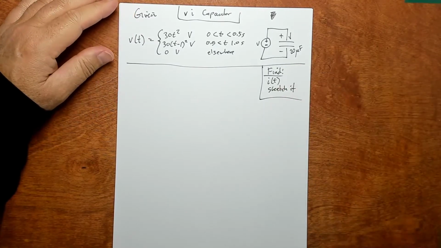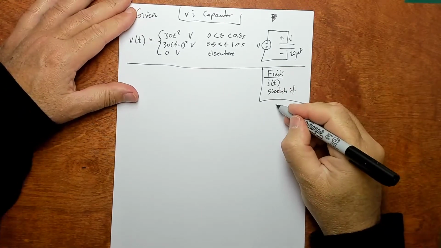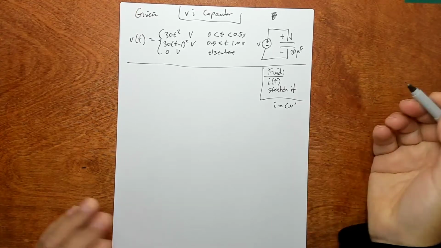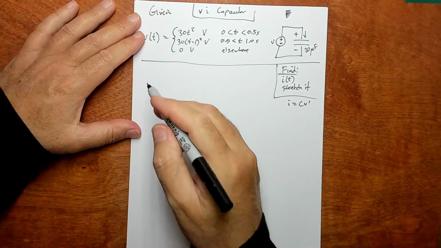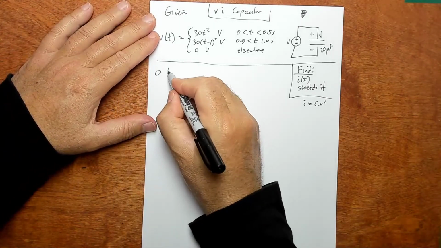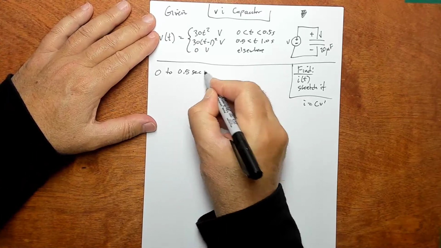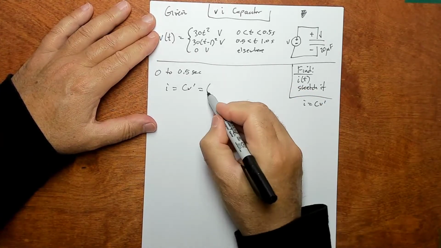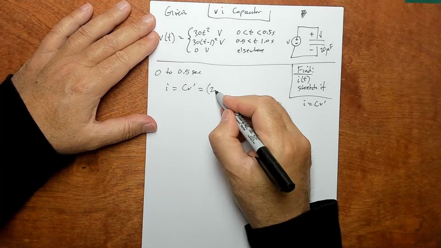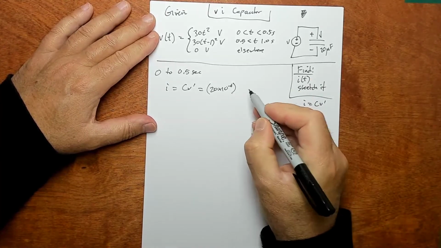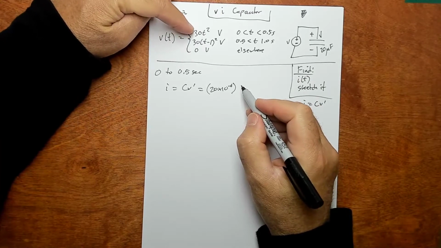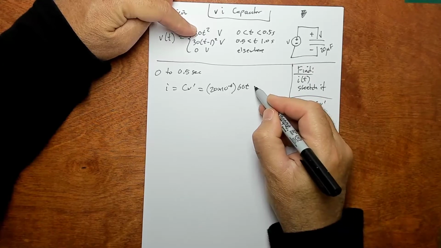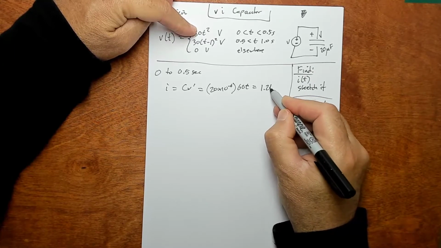All right, so we're just going to use I equals CV prime. That's the only thing we need to mess with. It's a pretty quick problem. So from 0 to 0.5 seconds, I equals CV prime, and C is 20 microfarads, so 20 times 10 to the minus 6 farads, and then V prime, the derivative of 30t squared for that interval is 60t. So you end up with 1.2t, and